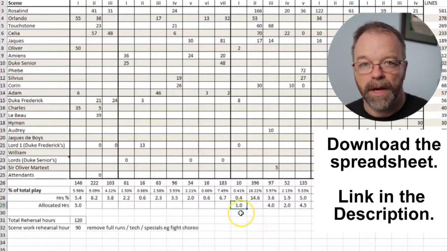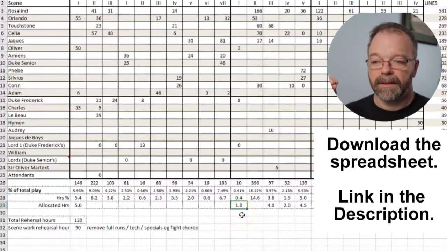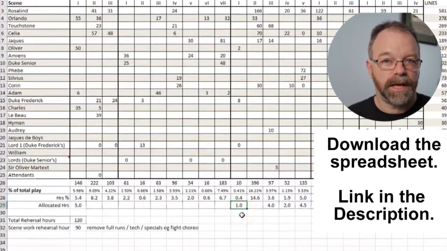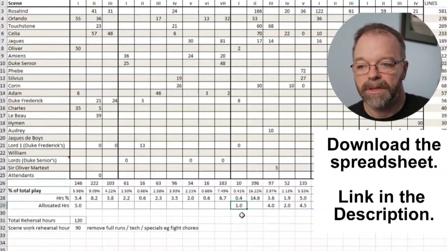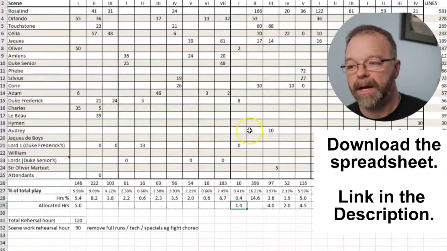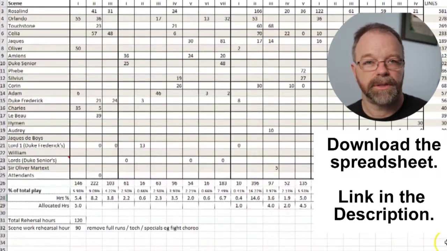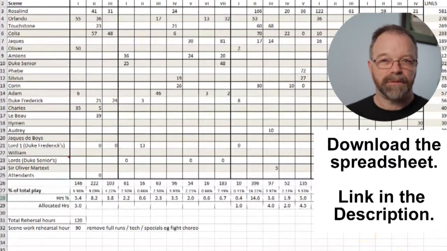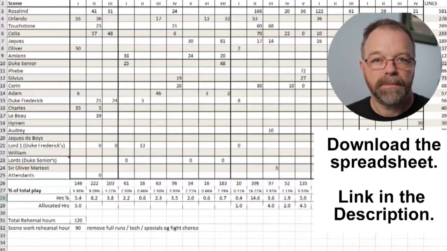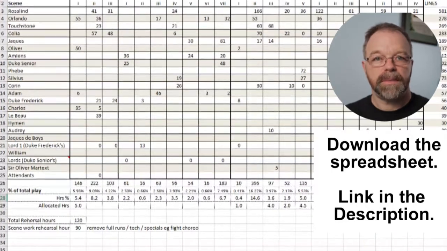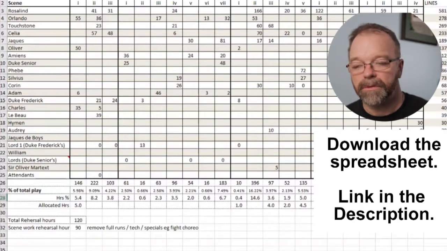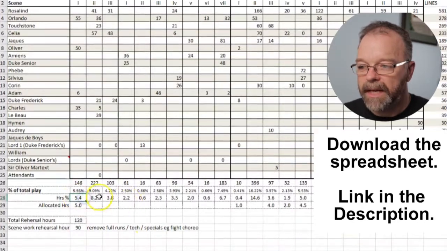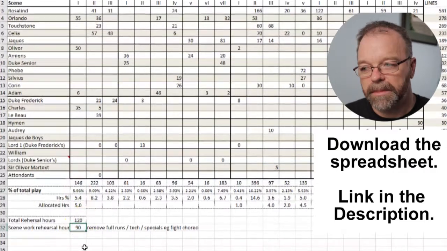So every scene will get 1 hour to work, and that then will be the total hours that it will get on the floor with actors before we hit dress runs. That will allocate out. You will decide where that is, and then hopefully that will come to the total number of hours that you have to rehearse. So as a really rough guide, I like to basically go an hour a minute. So if I'm rehearsing a 90-minute play, I will try and schedule 90 hours of rehearsal over however long we've got to rehearse. So these hours here are calculated by this percentage here being multiplied by the total available hours.